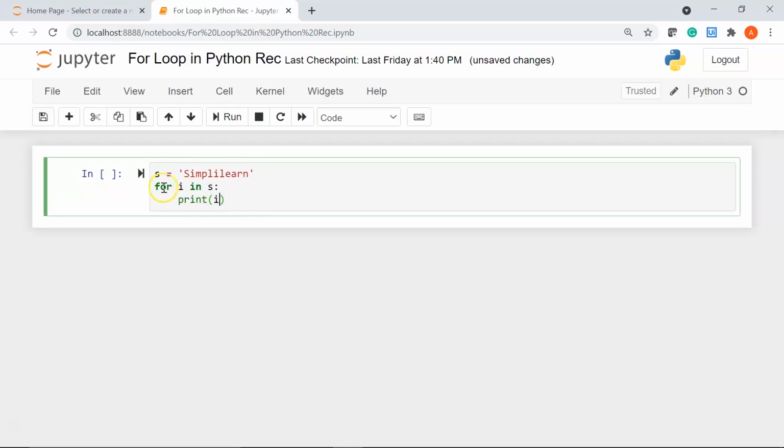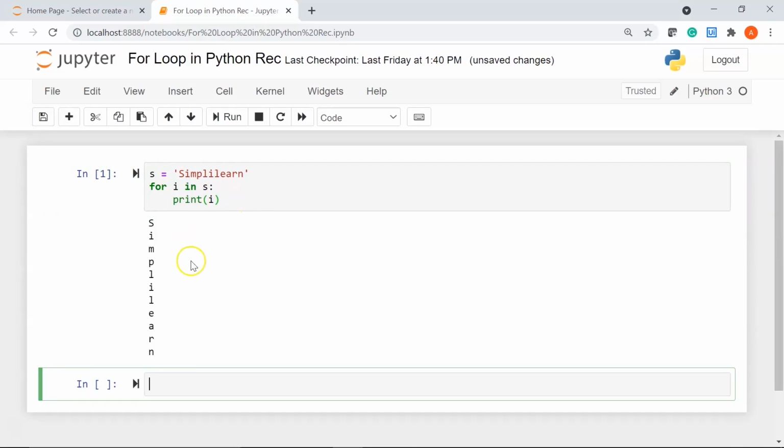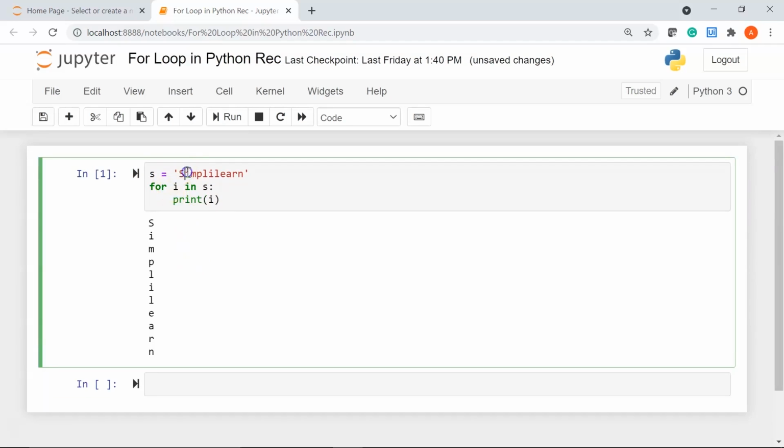So what this for loop is going to do is it will iterate over all the characters that are present in my string and print them one by one. Let me run it by hitting Shift Enter. You see here, using this for loop, we have iterated over all the letters that were present in my string that is Simplilearn, and we have printed them one by one.